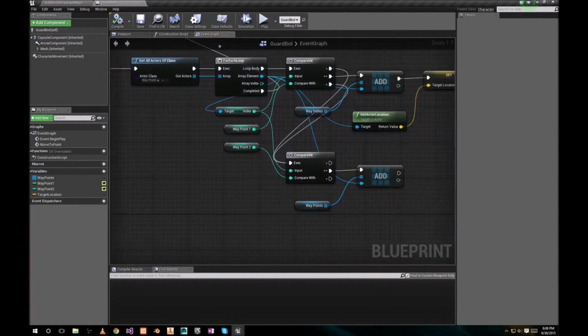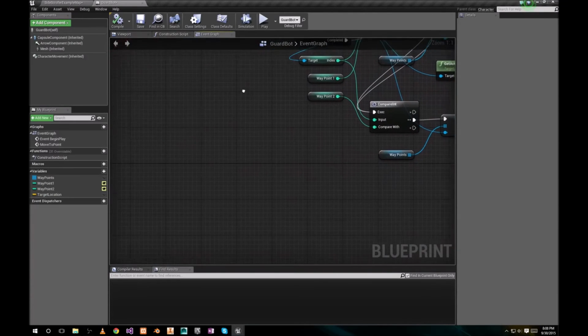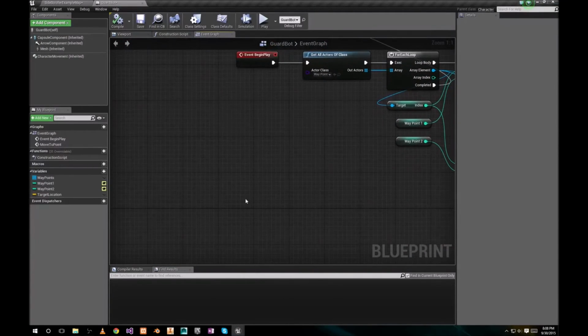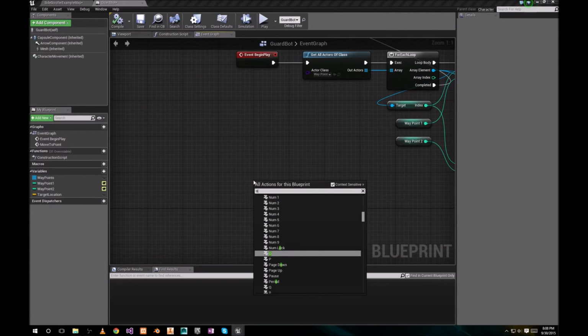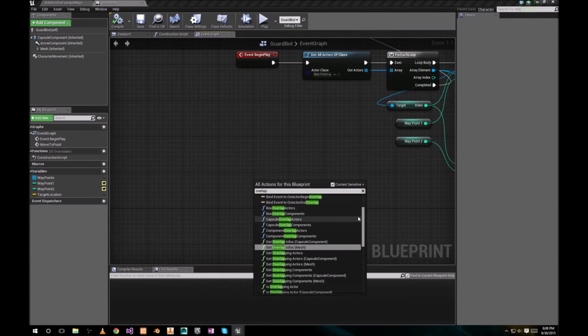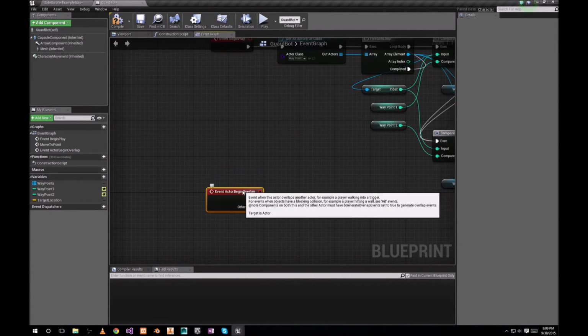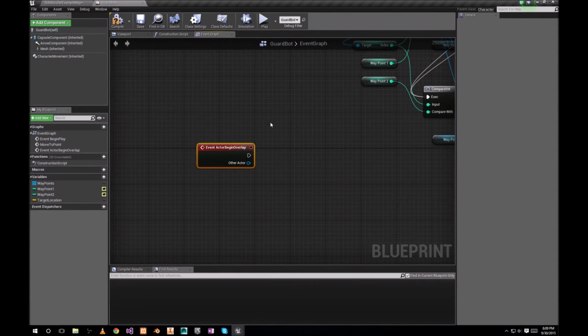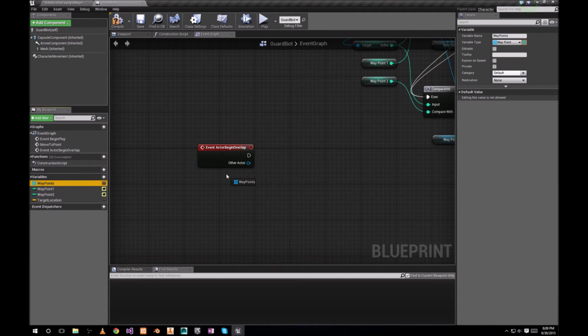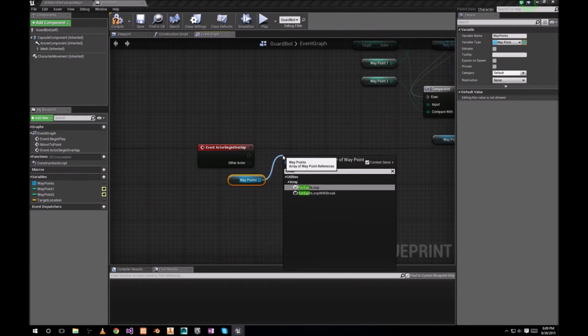So we want him to change direction when he reaches the waypoint. So we're going to do that with function overlap begins. Begin overlap. And what we're going to do is we're going to go through all these waypoints and see if our actor that we overlapped with is one of those waypoints. So again, get, we're going to go for each loop,